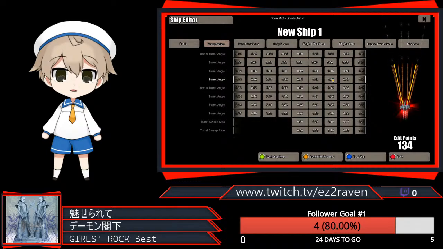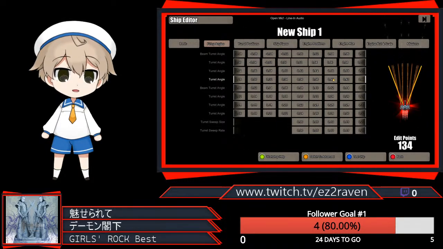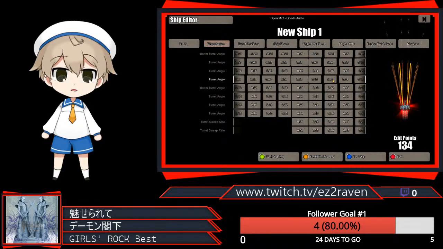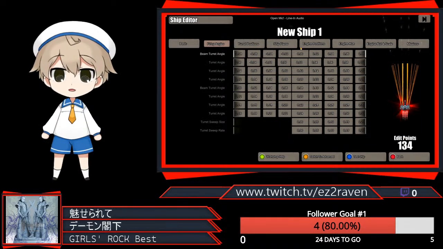So if I toggle this, you can see the beam that's highlighted in bright yellow on the right. I'm trying to change it back to the default angle, which is probably this, right? So there's a lot of customization that we can do, with regards to how each of these ship fires,